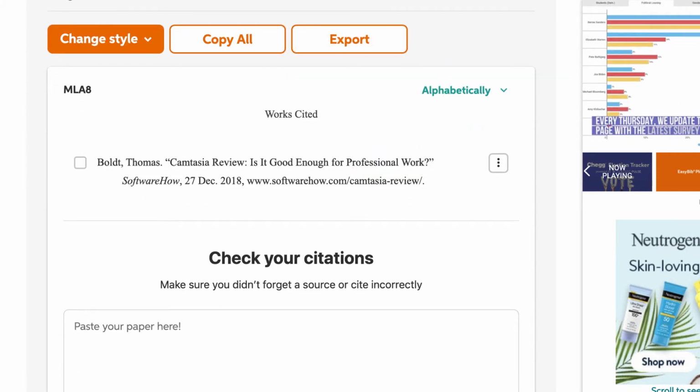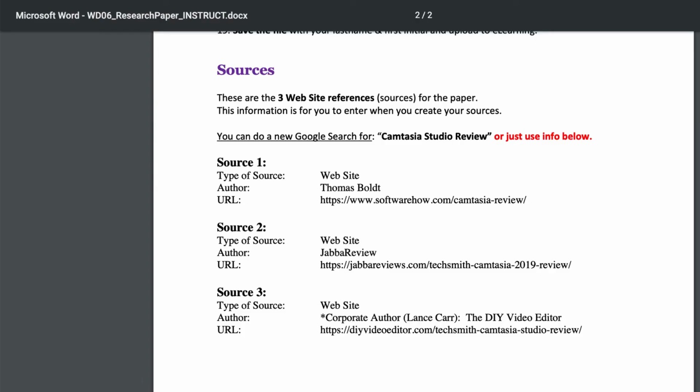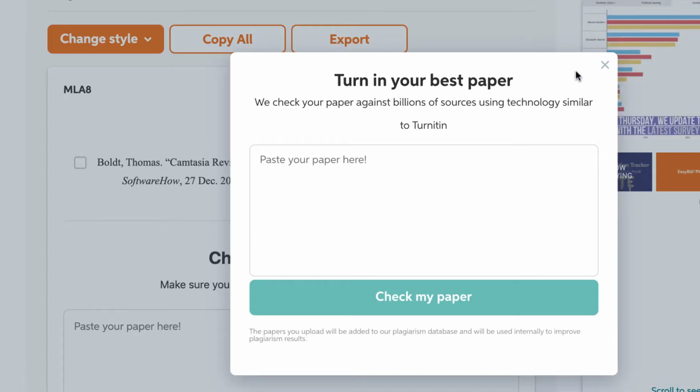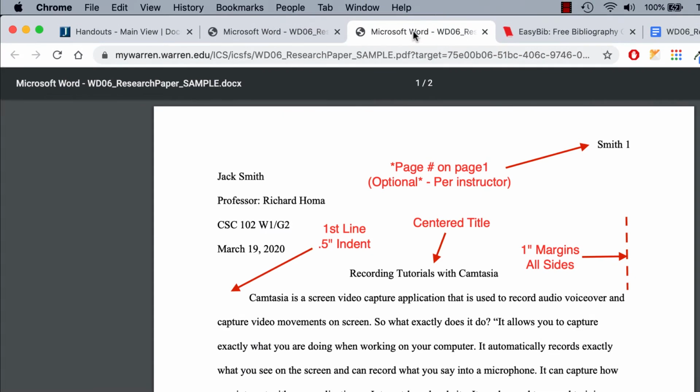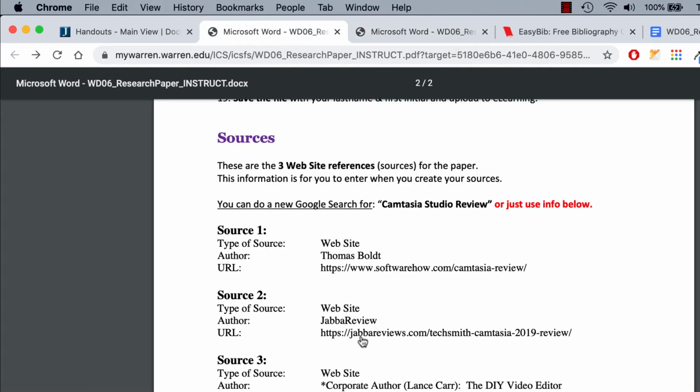So there's one, and that wasn't that hard. So I'm just going to go back here. Look, there's some ad coming up already. Look at that. Already there's another ad. It's unbelievable. All right, so the next one here is Java Review. So I'm going to just right-click on that, open in a new tab,